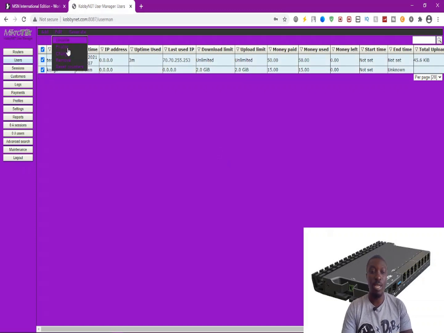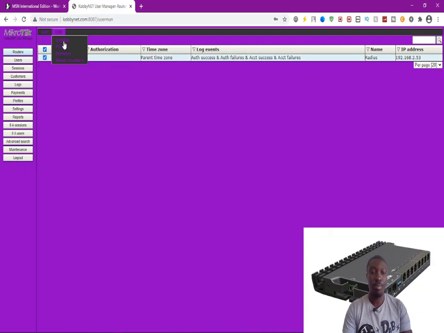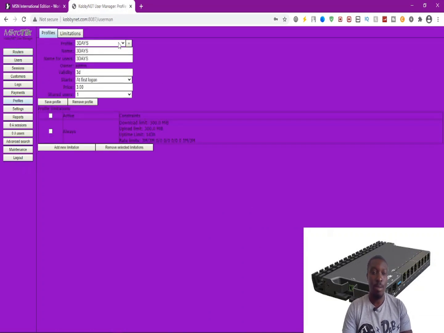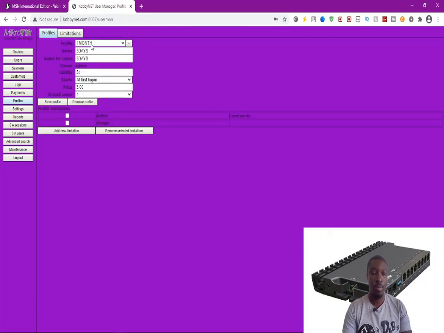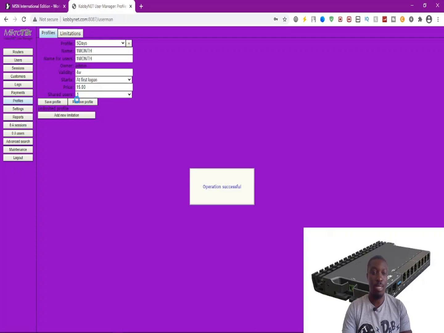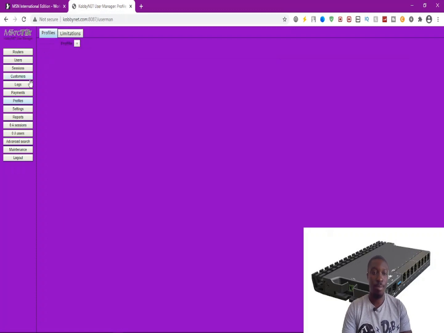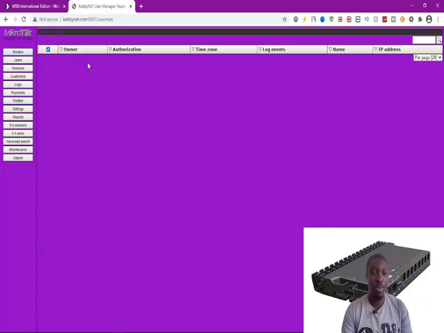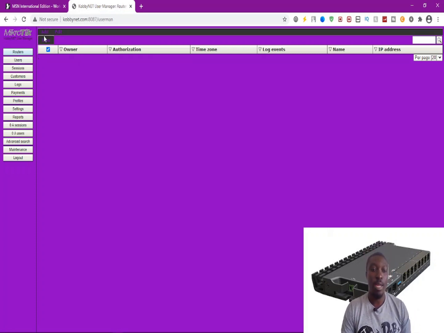Okay, so these are something I did. Let me delete everything so that we can start from scratch. Okay, so basically I don't have anything here. Okay, so first of all, when you log in into your user manager, the first thing to do is to configure your routers. So you click on add,